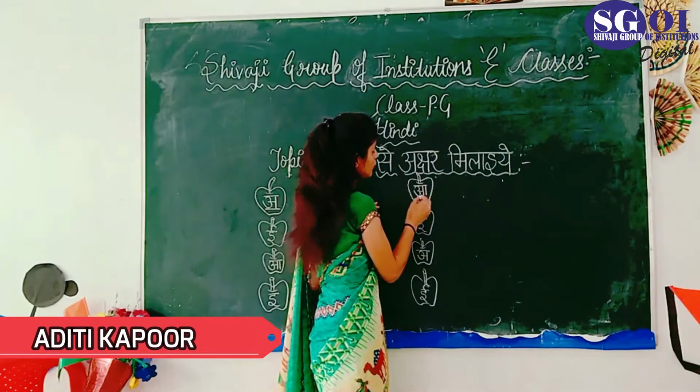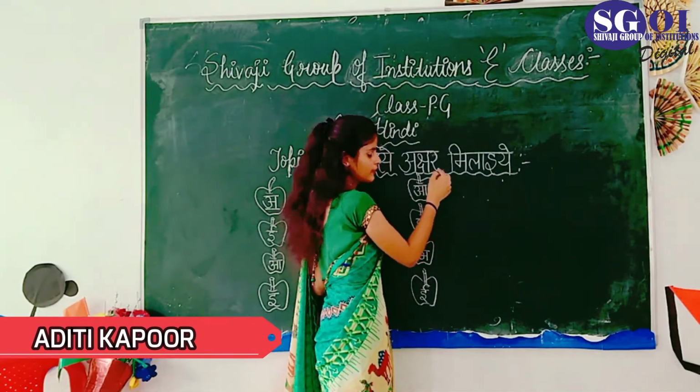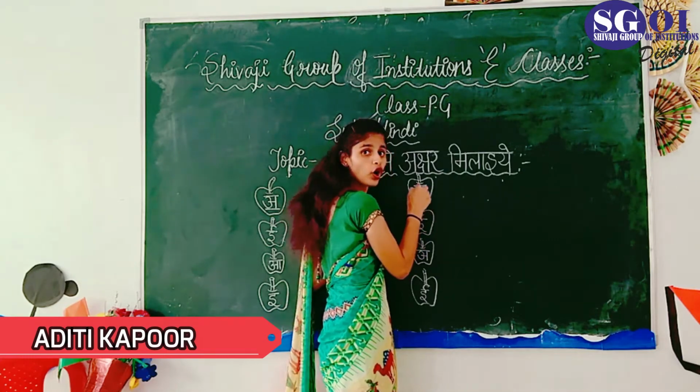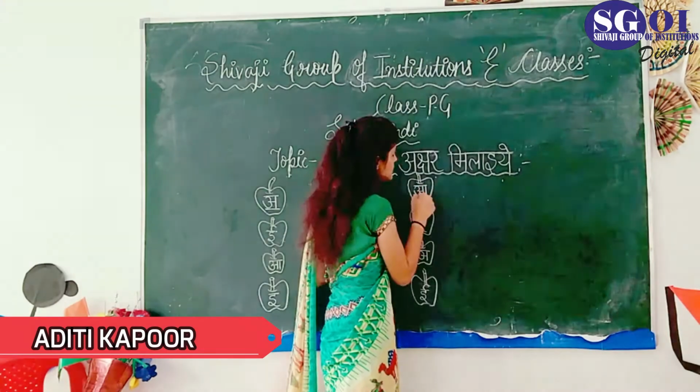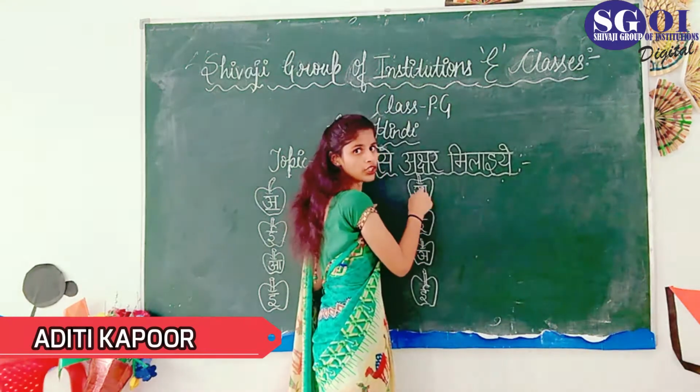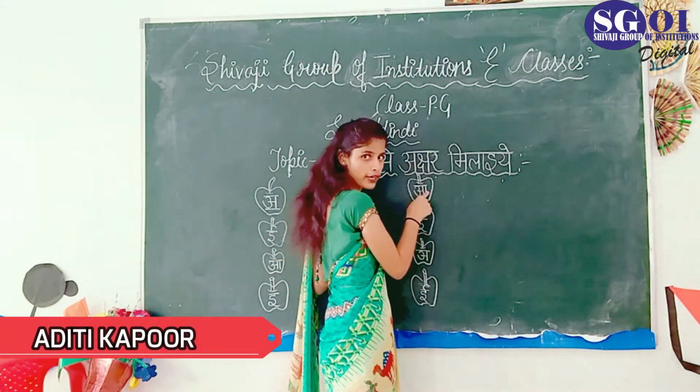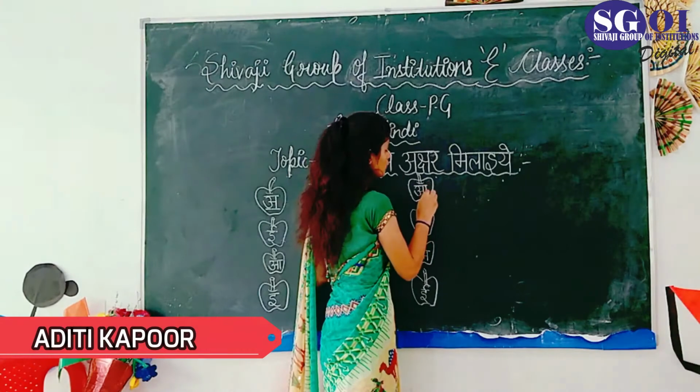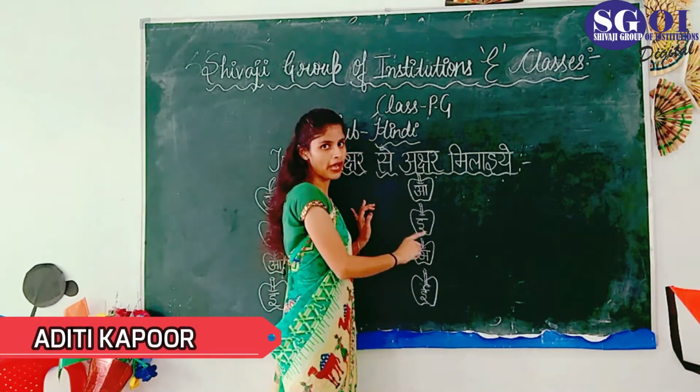Tell me. We will start from the top part. Which letter is this? कौन सा अक्षर है ये? बड़े आ से आम का अक्षर है ना. This is not छोटे आ से अनार. This is बड़े आ से आम. So we no need to match it.